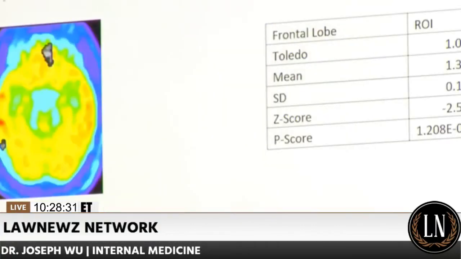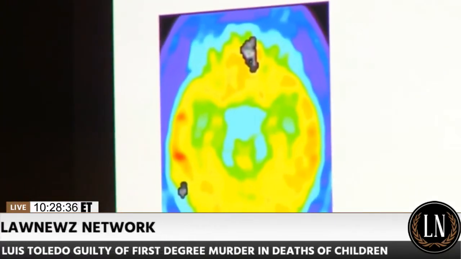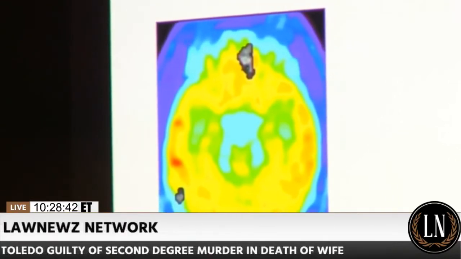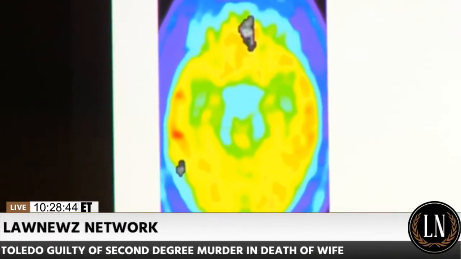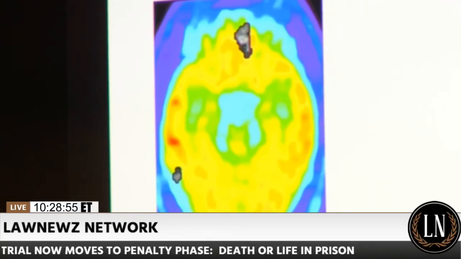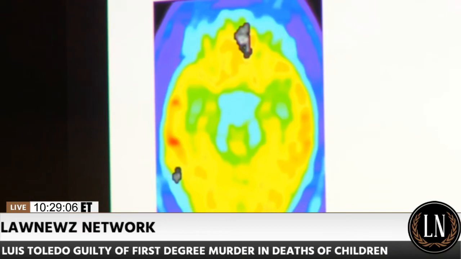And I've measured that area of the brain using a technique called region of interest measurements. And this is an accepted tool in PET scanning. And so I measured the region of interest in Mr. Toledo, and I measured this in normal controls. And the mean for normal controls for that area of the orbital frontal lobe is 1.33 units. These are relative metabolic units. And the standard deviation for the area is 0.12. And so this area of the brain is 2.5 standard deviations below the normal control mean,